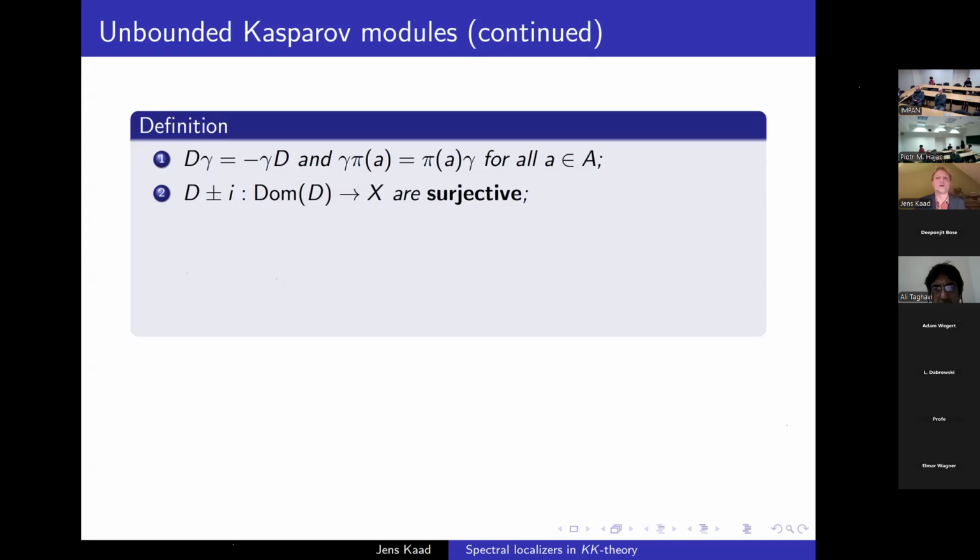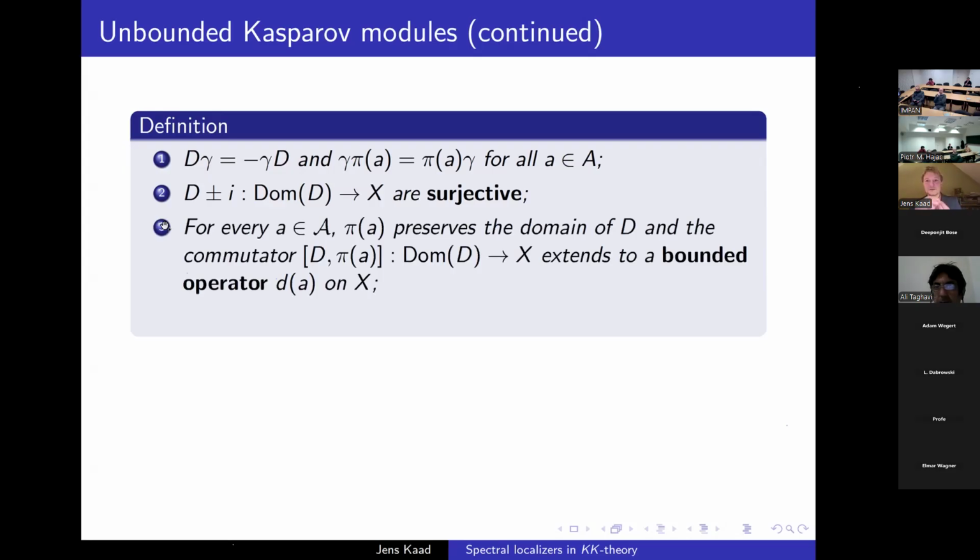Okay, so this can be boiled down to just requiring that once I either add or subtract the imaginary unit, I get a surjective unbounded operator. So this second condition says that my abstract Dirac operator is regular. So I'm looking at a self-adjoint and regular unbounded operator. But regularity is really just there to make sure that the spectrum of the abstract Dirac operator is contained in the real line. And you need that in order to have a well-functioning functional calculus for your abstract Dirac operator.